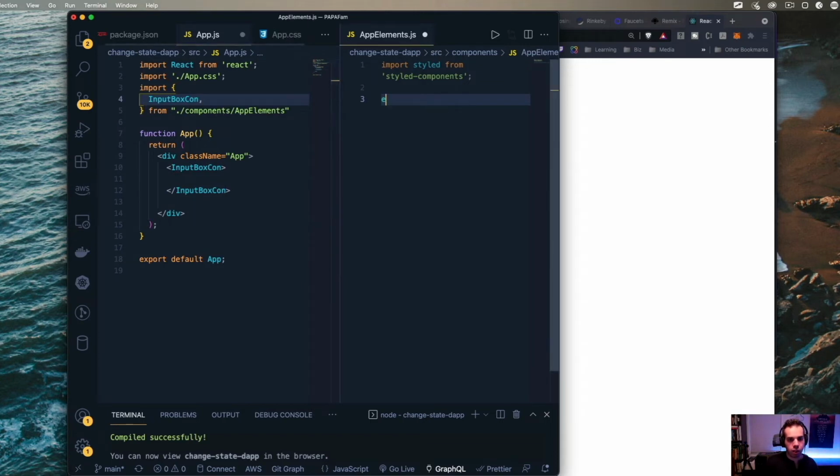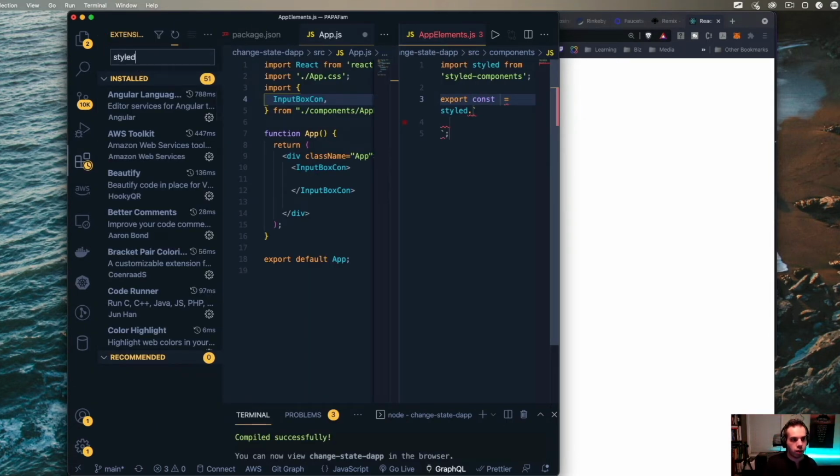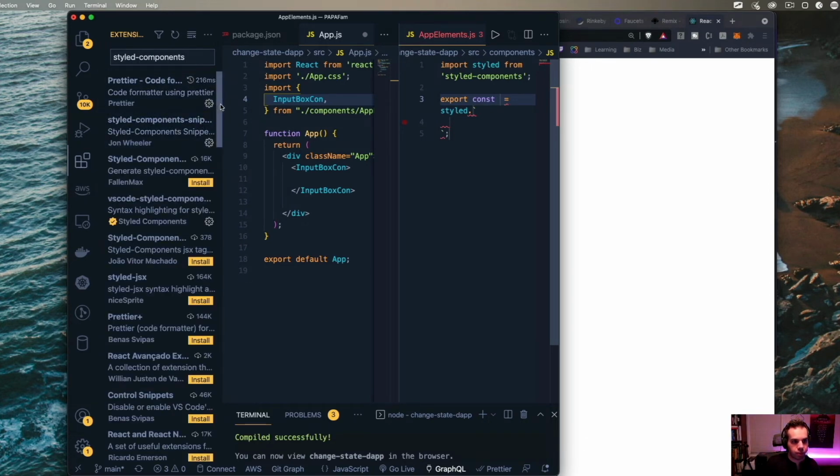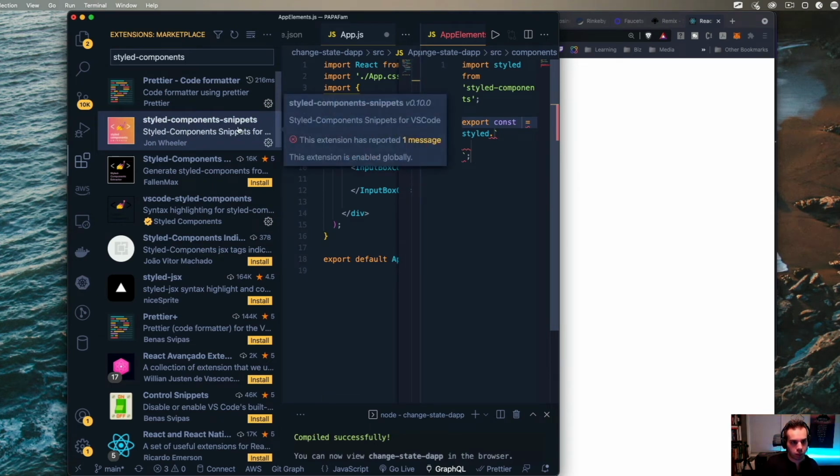I'm going to do exsc, and something that is an amazing extension is the styled components extension. So if you go to extensions, go to styled components, you're definitely going to want this, which is styled component snippets.